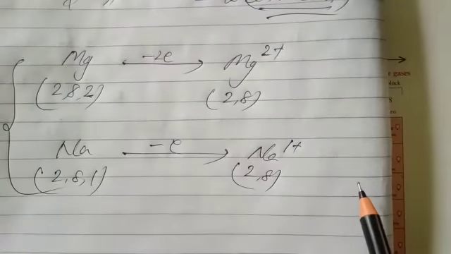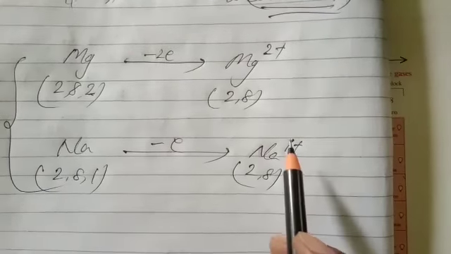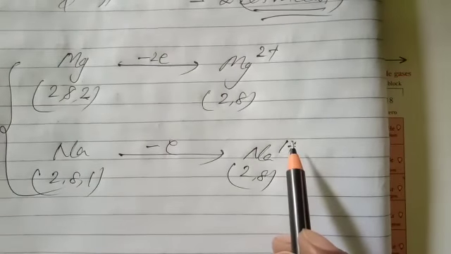This is the basic thing you have to memorize: how to write the electronic configuration, number of electrons, number of protons, number of neutrons of each element